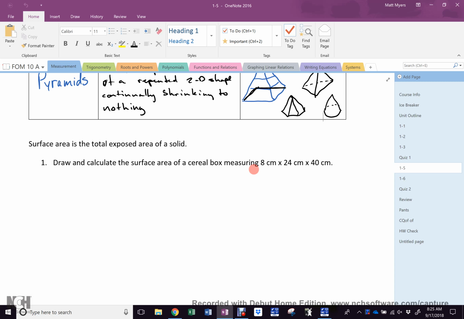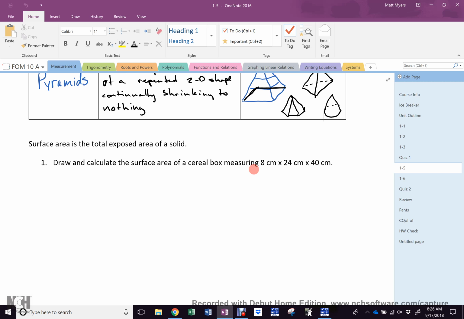The problem with calling it length and width, of course, is it depends on how you are viewing the object, right? If I have this piece of paper and I hold it this way, everyone's happy to call this one length or width. But they all want to call this one height, right? Does it matter? No. We call it height just so we have another name for the third dimension when we move into three-dimensional figures, all right? Now,